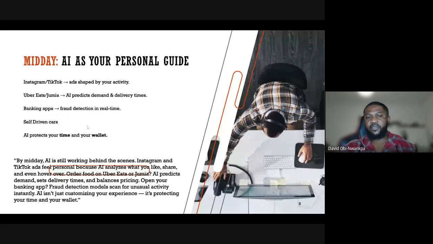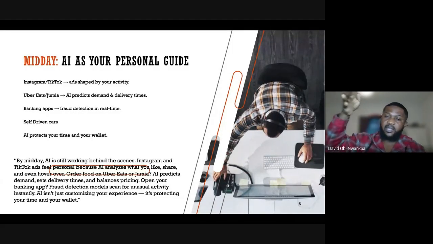Another one is self-driven cars. We've got loads of autonomous cars now, though none is in the UK at the moment because of the stringent policies here. But in the US, a lot of friends have said they've been able to book an Uber at their house, and then the car comes in and no one is driving. They just hop on the car and then they're moving. They could talk to the car to play any kind of music, talk to the car to drop them wherever they wanted. Yes, they still get paid.